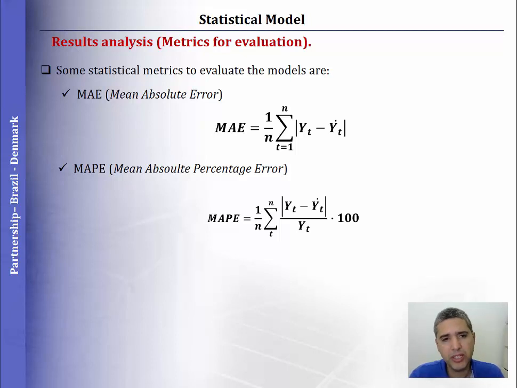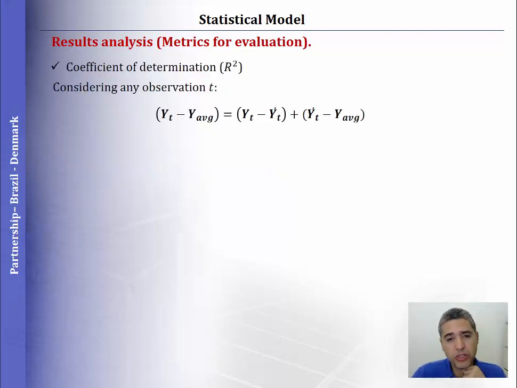In my opinion, better than the mean absolute error is the mean absolute percentage error, which gives the same idea as the mean absolute error, but in terms of percentage. So we can see in terms of percentage how strong is the relationship between the model and the actual data. If the mean absolute percentage error is close to 0, the model is good. If it's close to 100%, the model is not good. Okay? In terms of variation,